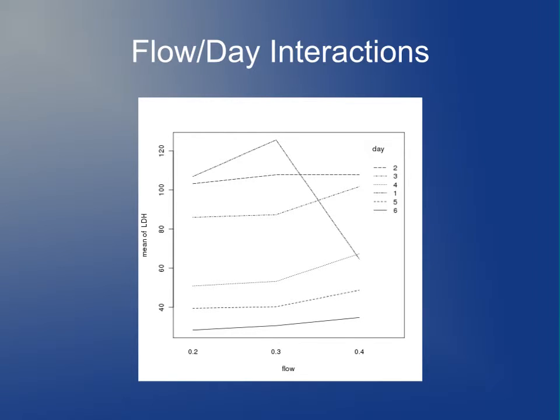The first plot here is the flow by day interactions, and it shows the mean level of LDH by both flow rate and day. If there are no interactions, you would expect these lines to be more or less parallel, and for the most part they are, but this one line, I think that's day 1, which was the weird day to begin with. There's some indication that